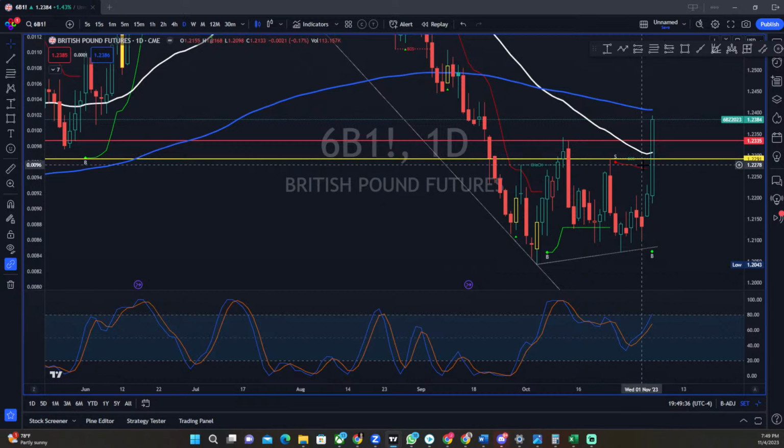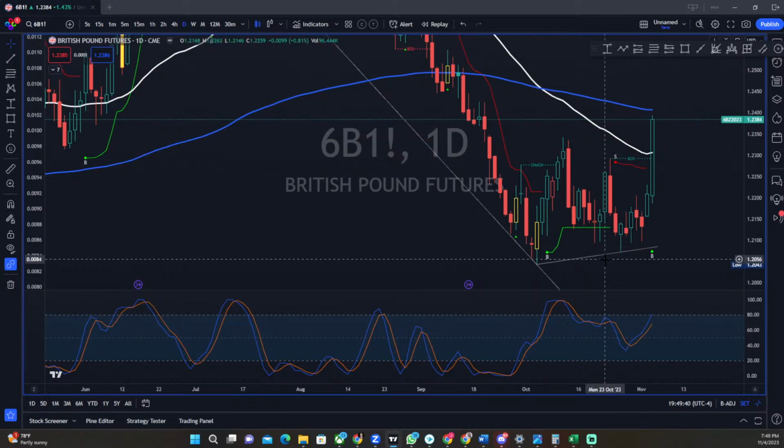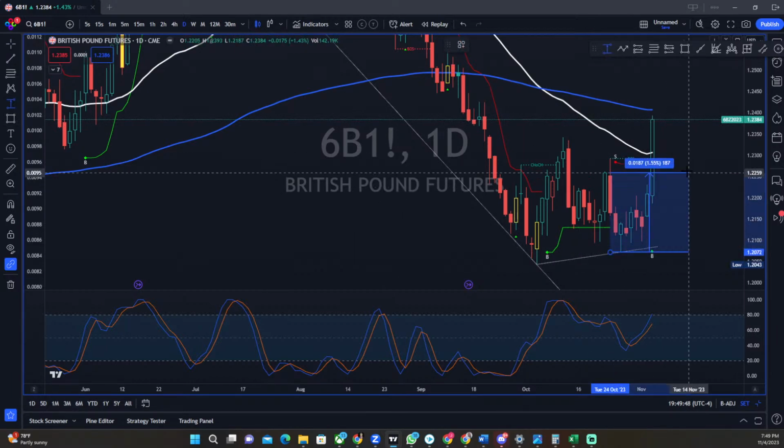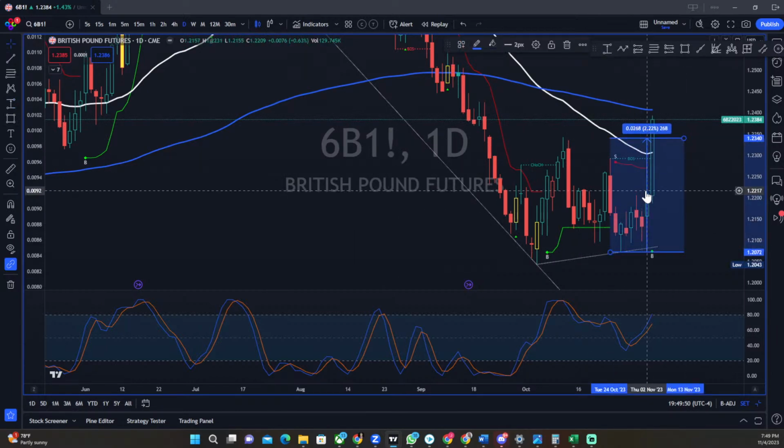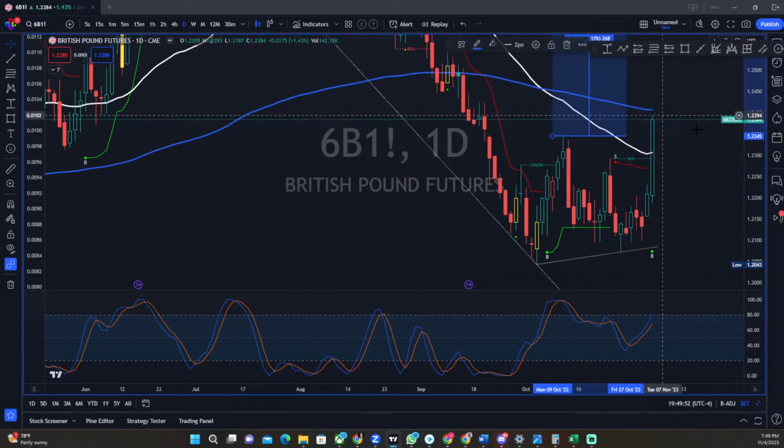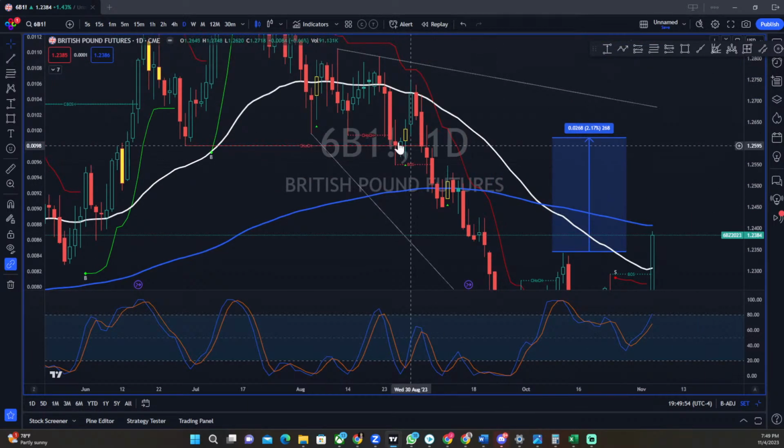We got a nice impulsive candle where it broke structure and took it to the upside. I was talking on my floor about the British pound, and I said it looks like a W. This thing is playing out. So if we're going to measure out for the W, you take the shorter side. Here's our neckline. That means the British pound can make it all the way to, oof, we haven't seen these numbers since September.